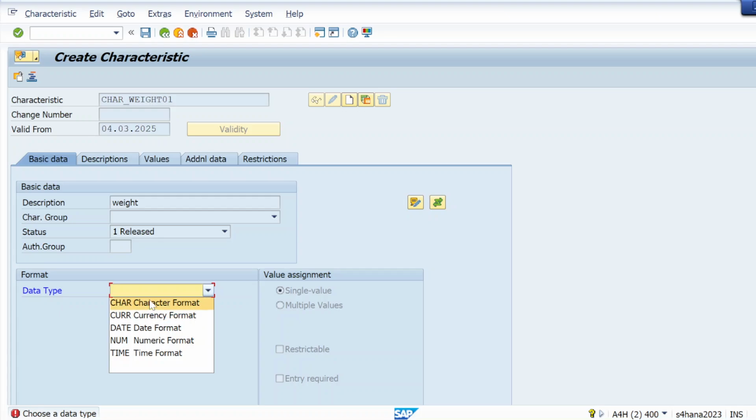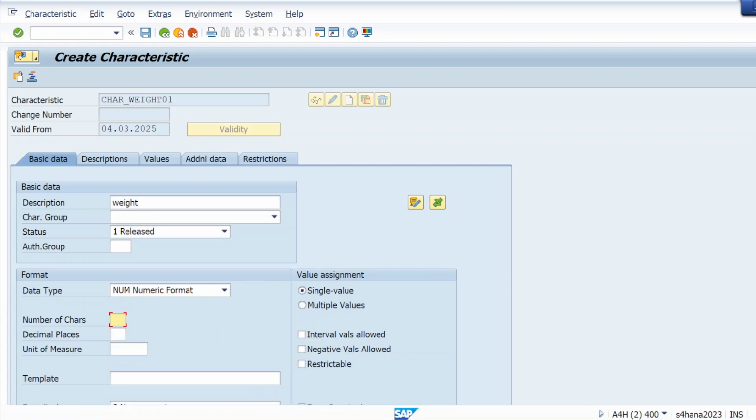Data type. Just think practically, for weight which data type must be there? Numeric format must be there. If date format is there or currency format is there, as per that we are going to take the data type. So for weight, it's a numeric type, like 100 ml, 200 ml, 300 ml, like that. Number of characters, how many characters do we want to take?